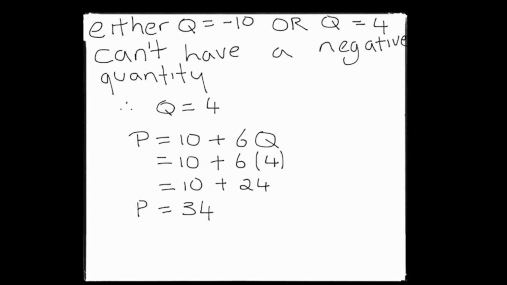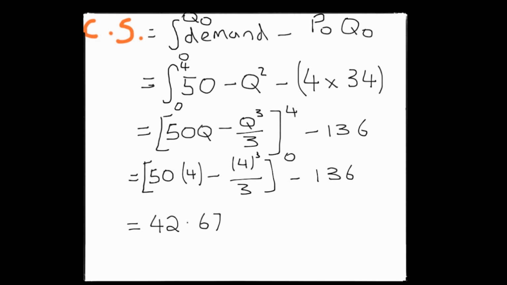Then to find P, we simply sub in Q equaling 4 into the equation P equals 10 plus 6Q, so P equals 34. To find the consumer surplus, all we need to do now is substitute the respective values: Q0 equaling 4, demand function equaling 50 minus Q squared, and P0 equaling 34. We can integrate 50 minus Q squared to the limits 4 and 0, and take away 136,